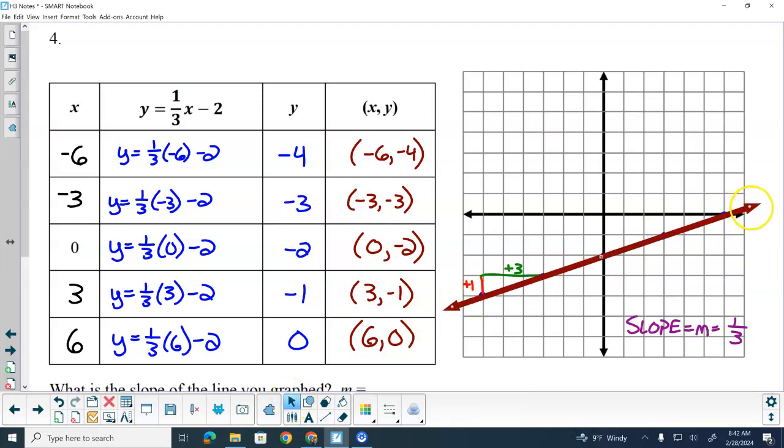Now, one thing I noticed towards the tail end of the last graphing unit was we had lines that looked like this. Does that go through the points that I just graphed? No. Okay. We had lines that looked like this. Does that go through the points that I graphed? No. Take the extra 1.5 seconds to make sure that your ruler, or your straight edge, is lined up with your point, and draw them in nice and